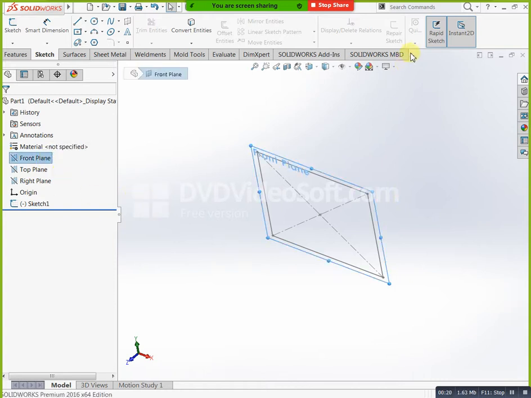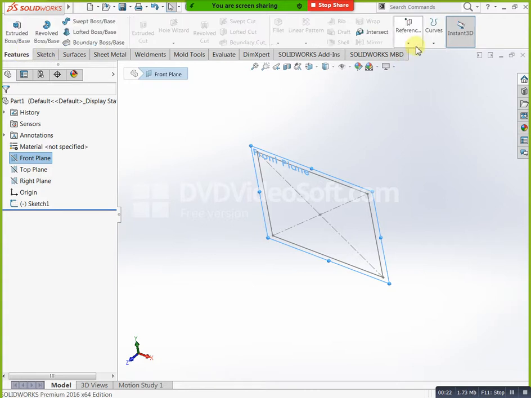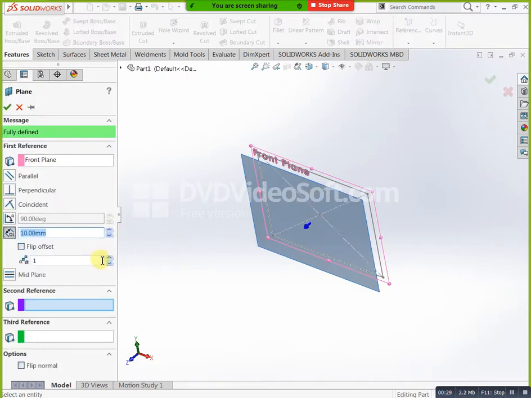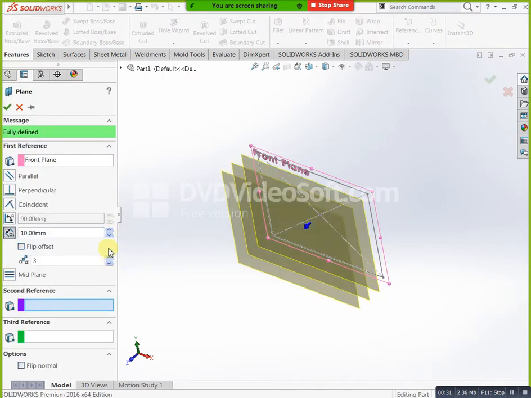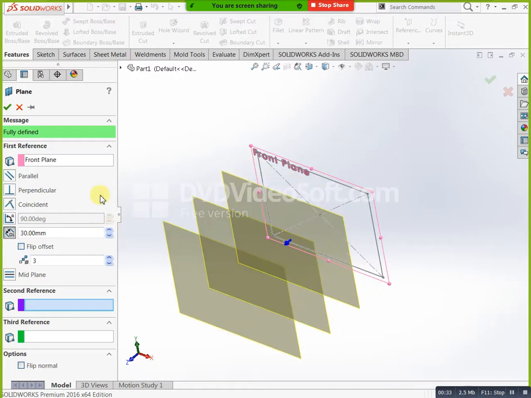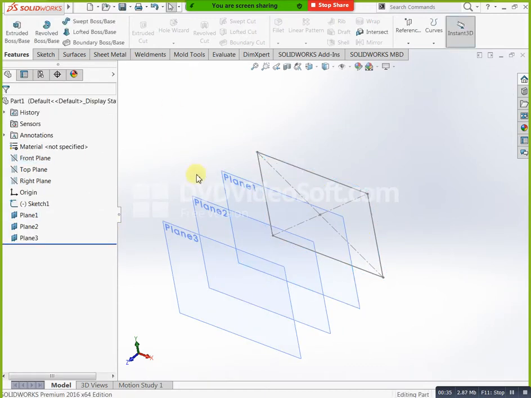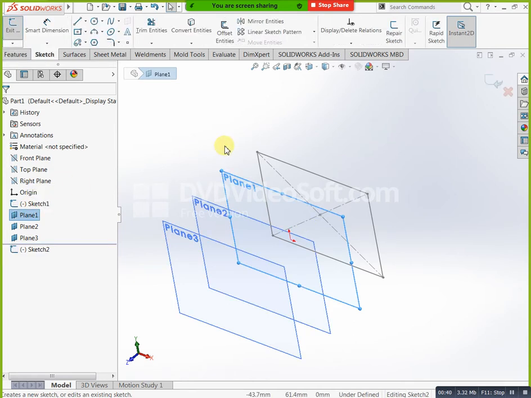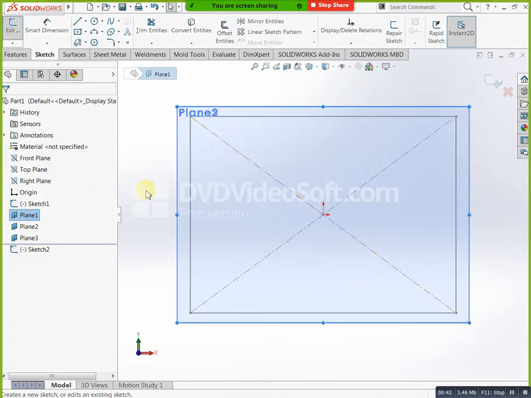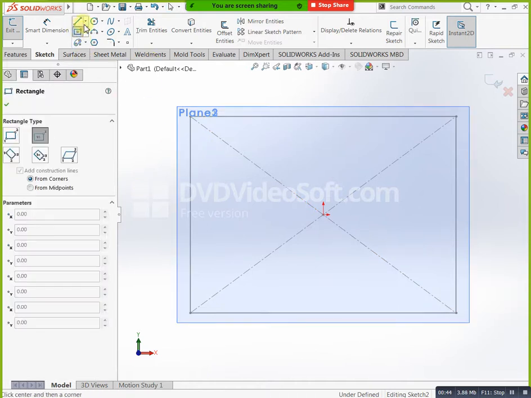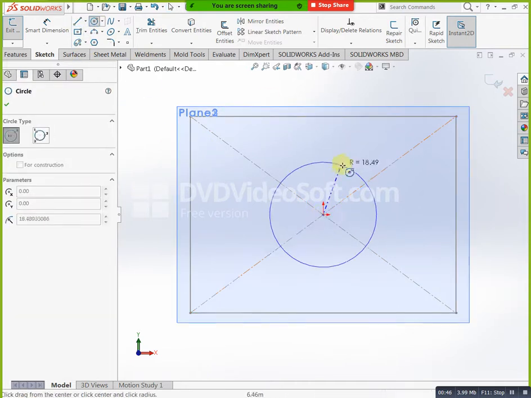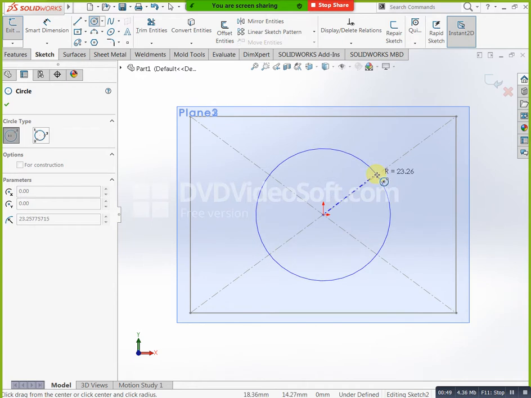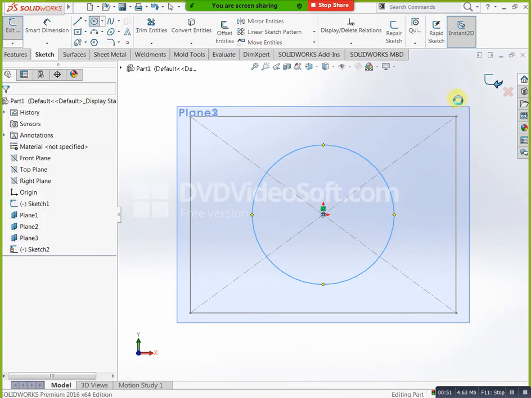You can select this one and you can create 2 or 3 duplicate planes. Here you can select this plane, and how many number of planes you need. Here we have 2, 3, 4, and you can mention distance here, then do OK. Select this one, again sketch, control 8. Now I am taking circle. Then you can do OK.